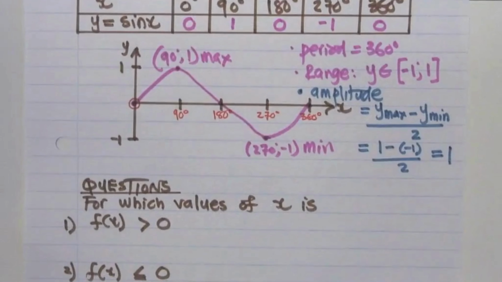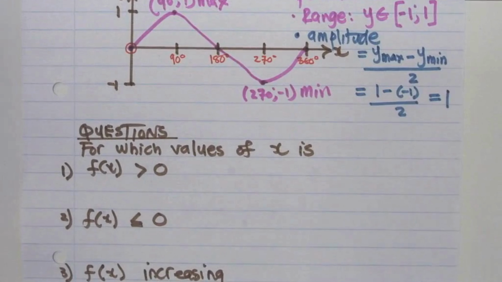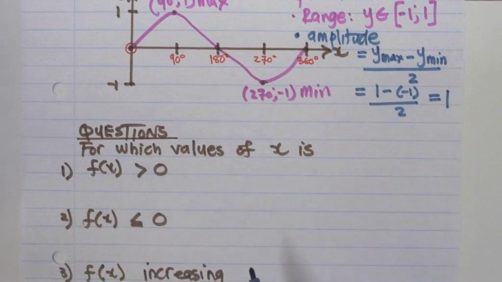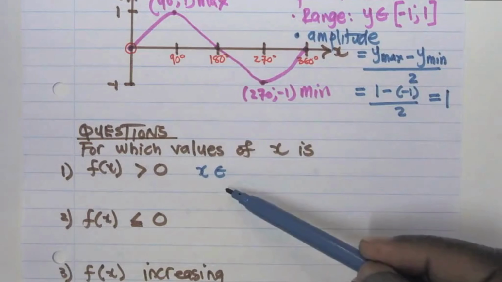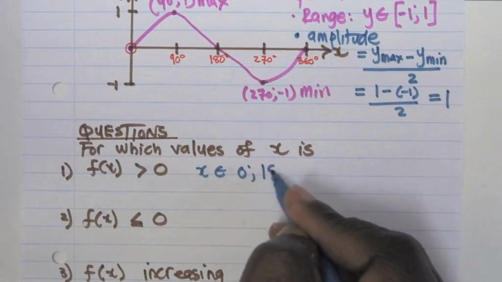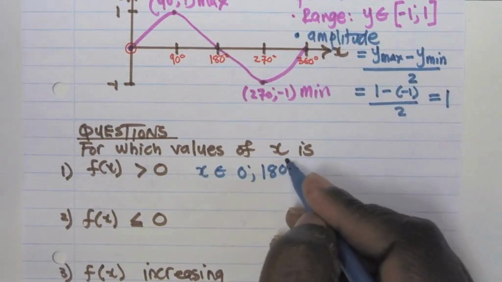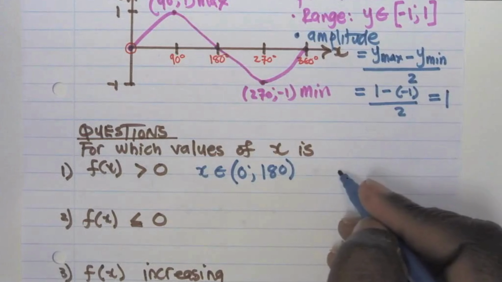Now let's move on to the next set of questions. The first one says, for which values of x is f(x) greater than 0? So where is that section there where f(x) is greater than 0? I can write here x is an element of 0 up to 180 degrees. That is where the graph is above the x-axis. I can write this in inequality notation as